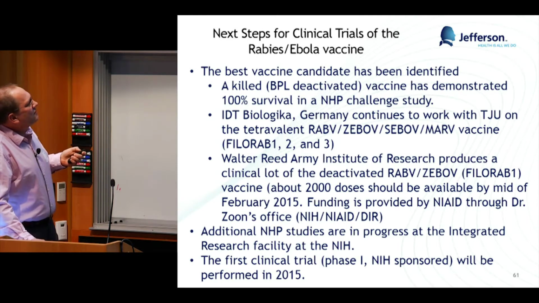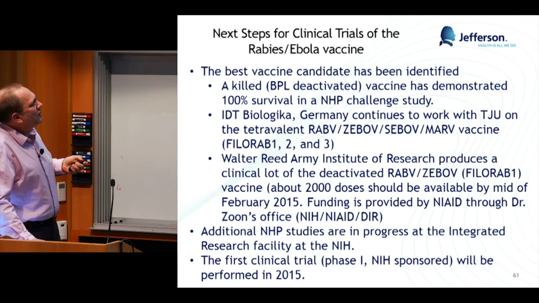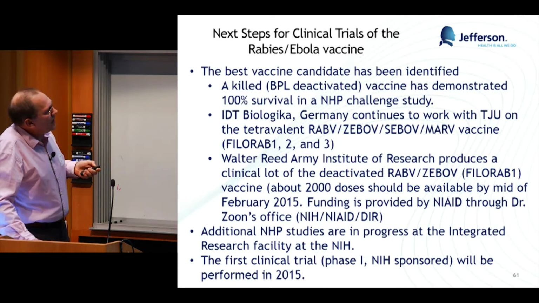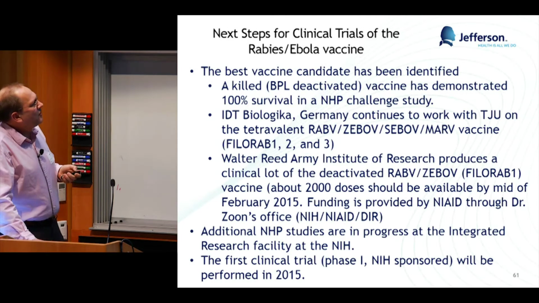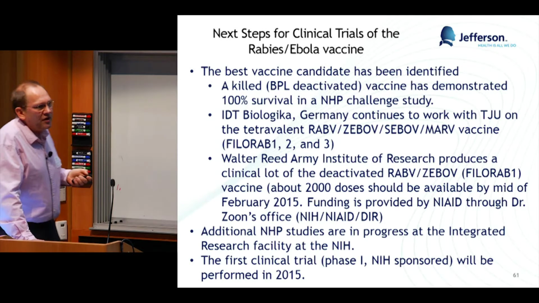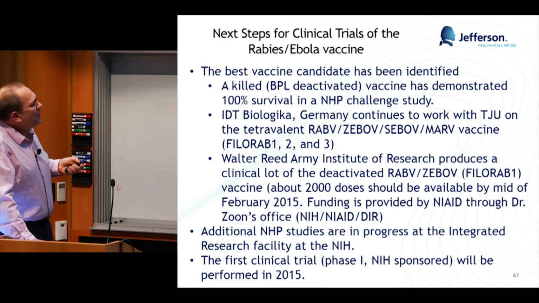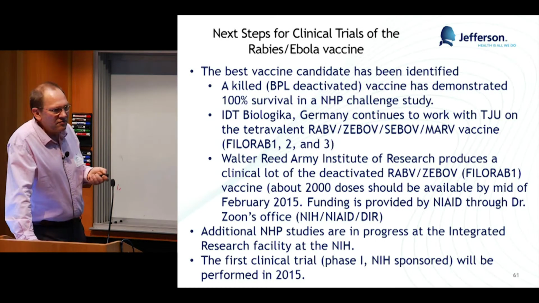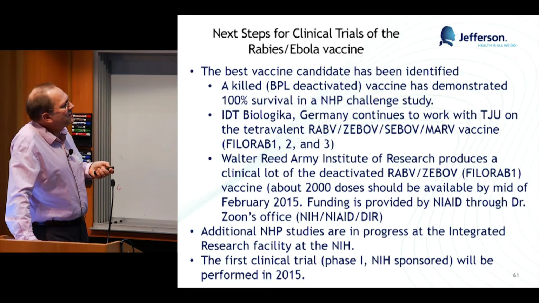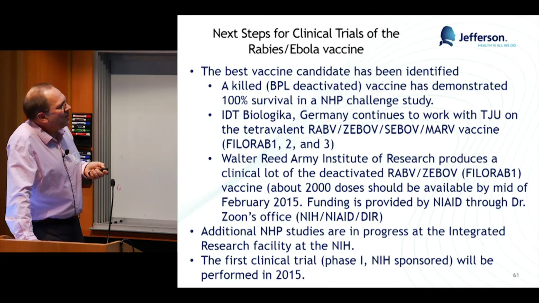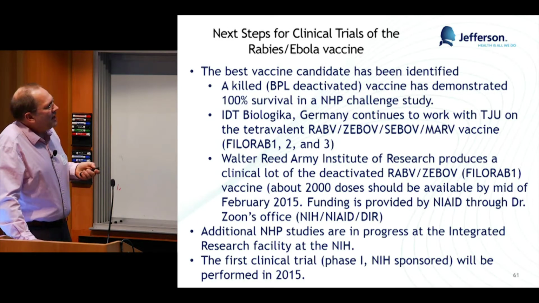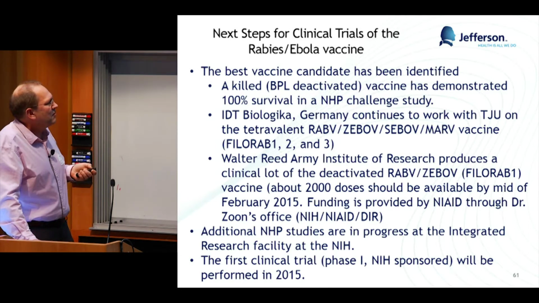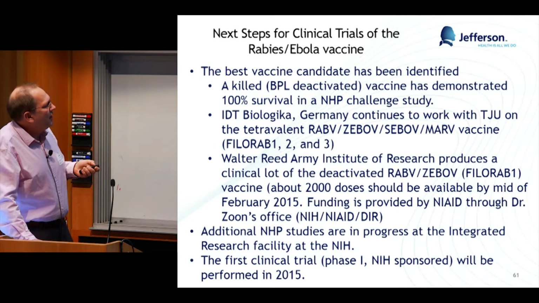We are in the 3rd year of a grant, and IDT Biologika is a contractor in Germany. We already produce Zaire, Sudan, and Marburg in parallel. They were all recovered on approved cell lines, so we can go into production soon. But in the meantime, due to the outbreak, and NIH is certainly interested in multiple different vaccines, we got some funding to produce the Zaire strain now, the real Ebola virus of the current outbreak, and that's done end of this month, most likely, master seed we have.